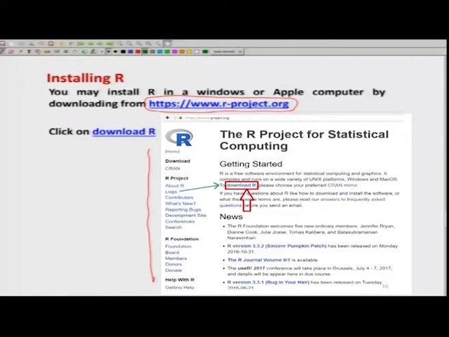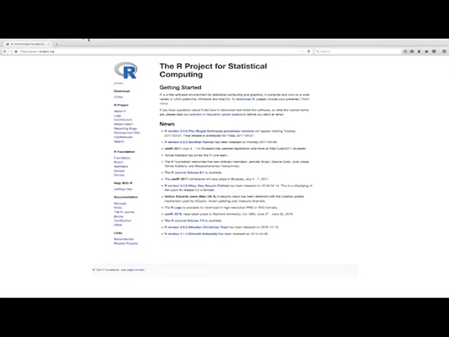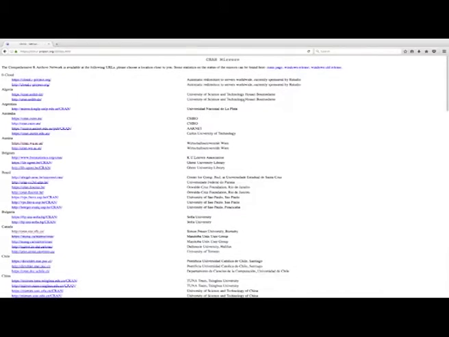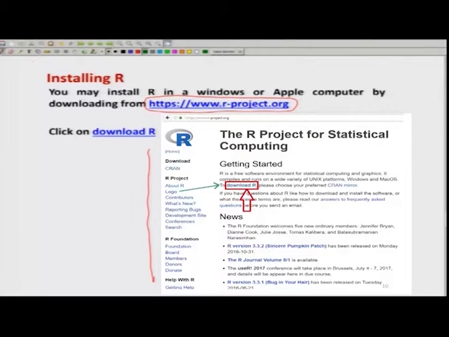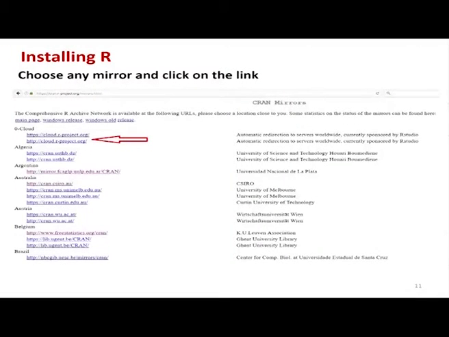There is a command here, download R. For example, I can show you here. You can see there is a download R here, and you double click it, and once you double click it, it will give you this home page, right. That is the same thing which I am trying to show you here also. So, you can click over here at the download icon, and then in the next site you will get this type of slide.